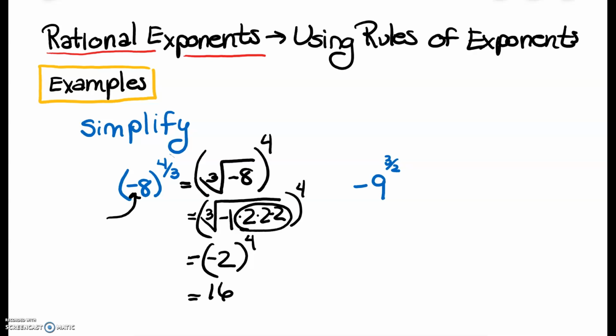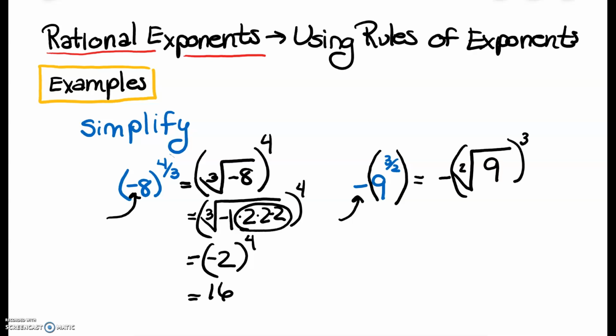My next example has the negative outside of parentheses. There are no parentheses, so the assumption is that your problem looks like this. When we convert to radical form, the negative goes outside of the radical. We have a square root this time, the square root of 9, and we're going to raise that to the power of 3. So I know that 9 factors into 3 times 3, and I have my group of 2, because I'm looking for groups of 2. The square root of 9 then is